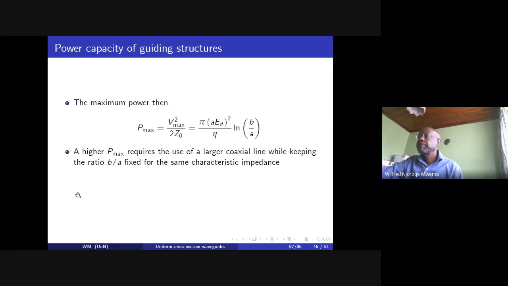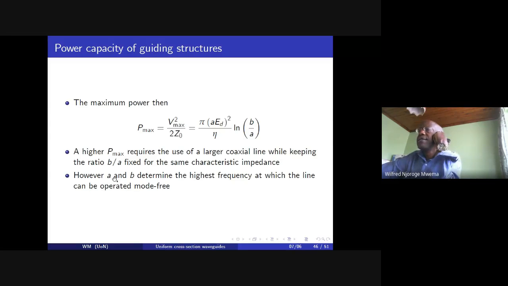So a higher Pmax will require that we use a larger coaxial line while we keep the ratio b over a fixed for the same characteristic impedance. That is, Z naught is a function of b over a, and therefore if we keep the b over a ratio constant, then Z naught will not change. However, a and b will determine the highest frequency at which that line can be operated mode-free. That is, before the waveguide modes start to propagate along the coaxial line will depend on the thickness of the